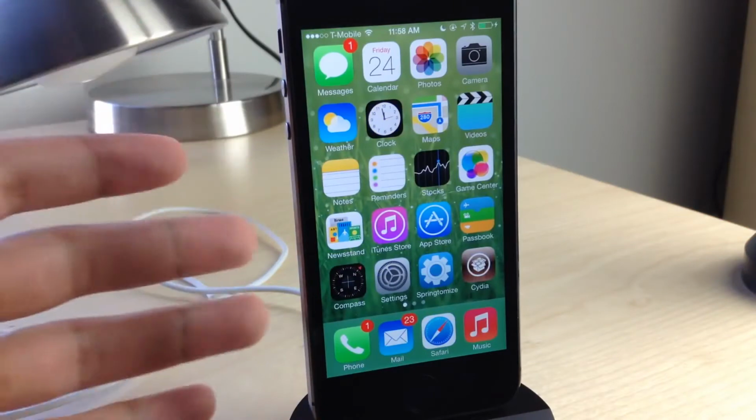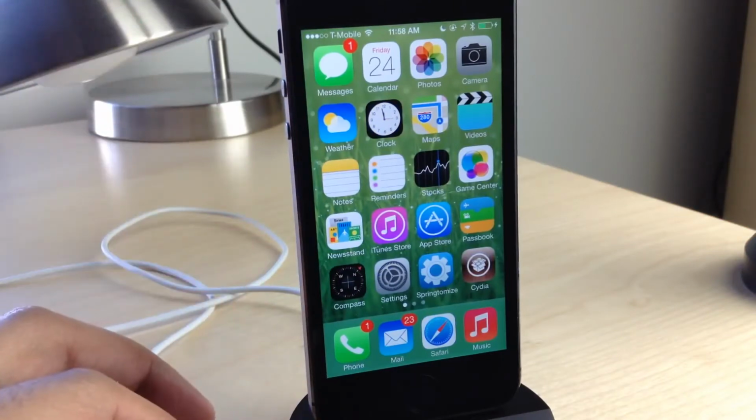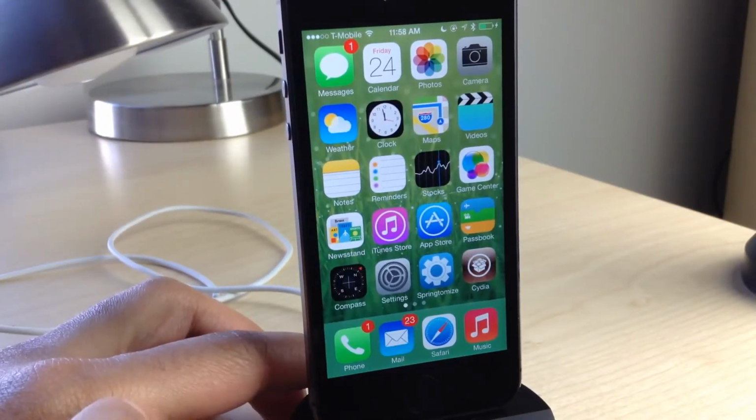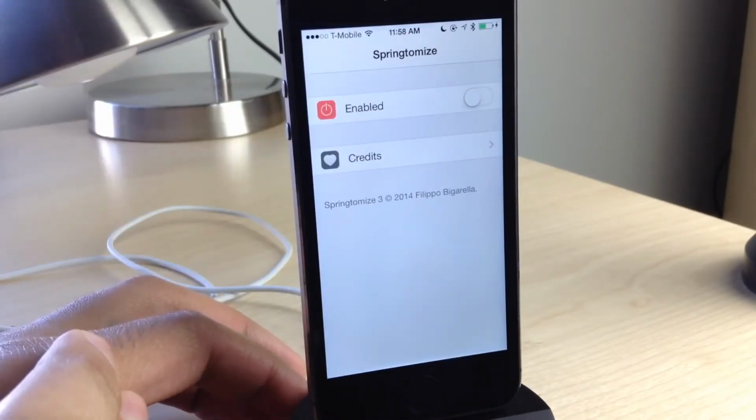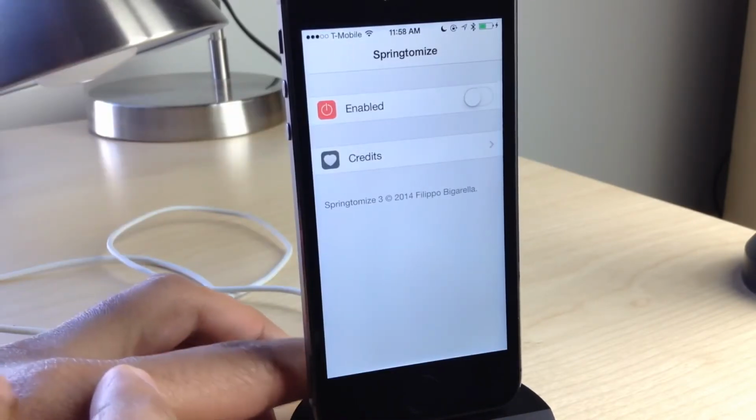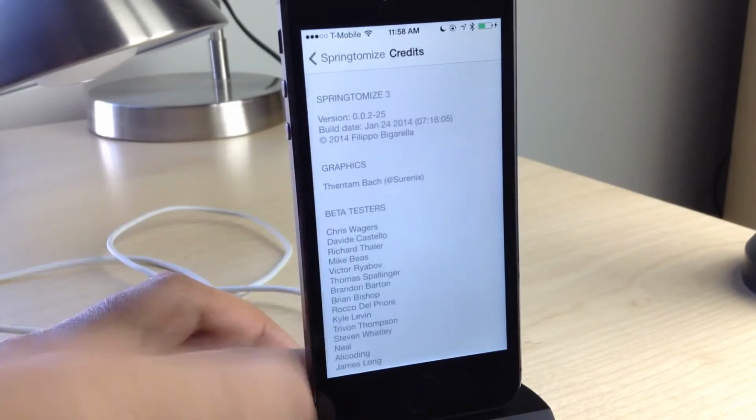We are going to talk about Springtomize 3. Yes, indeed. The tweak that you've all been waiting for is finally here. It is Springtomize 3. This is the version of Springtomize designed specifically for iOS 7, and it works just as